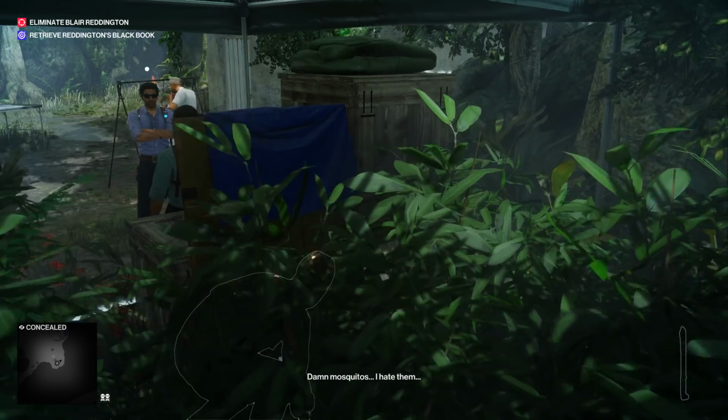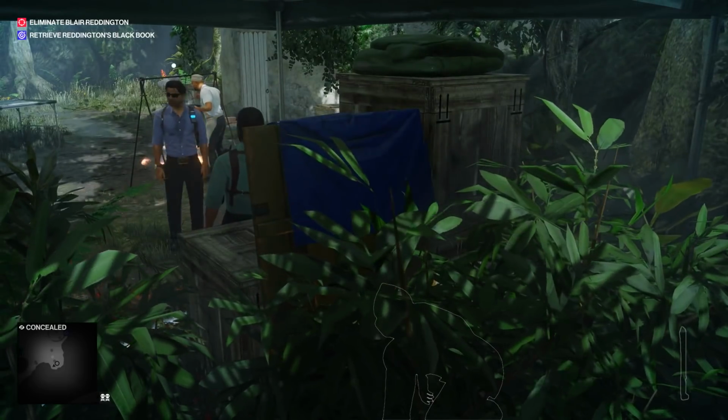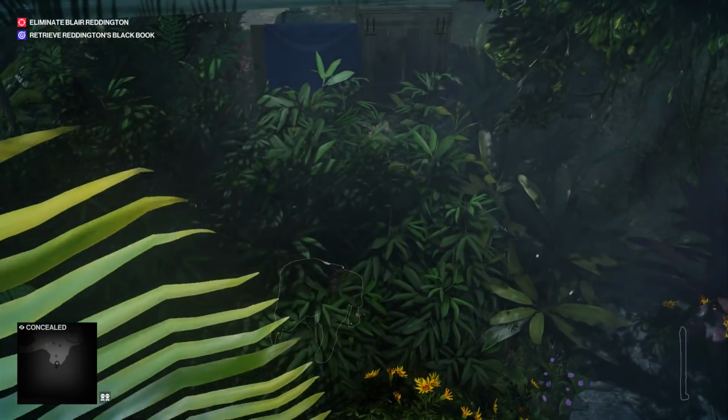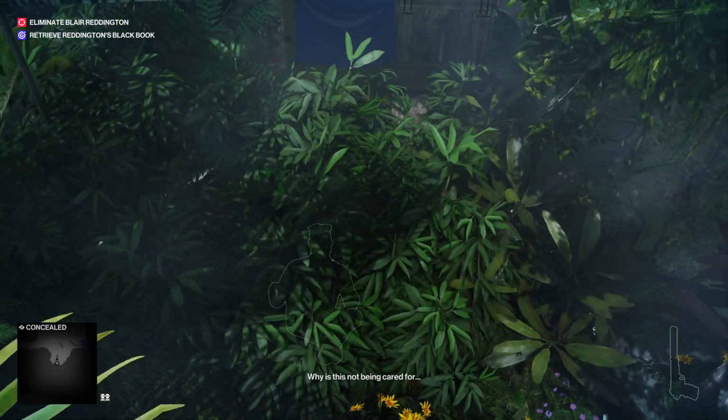Damn it. So he's not actually here. This is where the shaman is on the normal version of the map, but it seems like he's not present. Alright, well, let's...